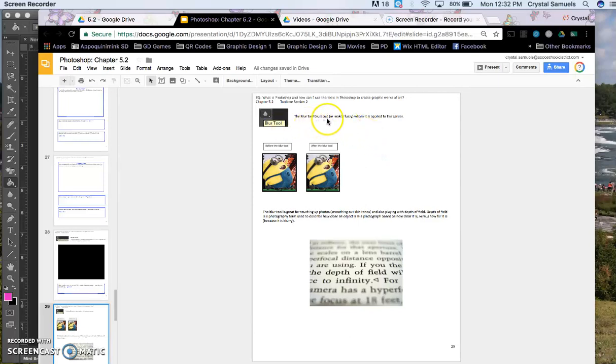The blur tool blurs out or makes fuzzy where it is applied to the canvas. So you can see here, this minion is before the blur tool. And right here, this is where the blur tool was applied, and this is after it was applied. So the blur tool is a great tool for touching up photos, smoothing out skin tones, and also playing with